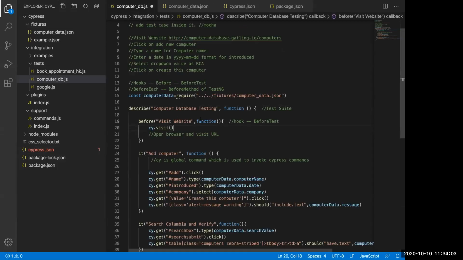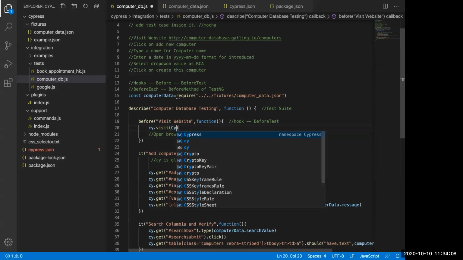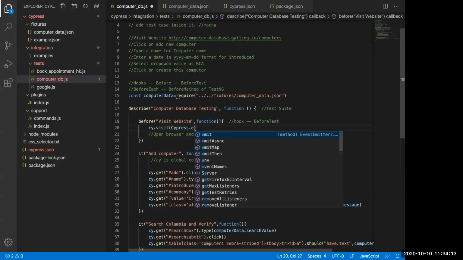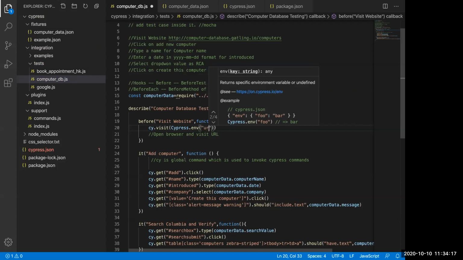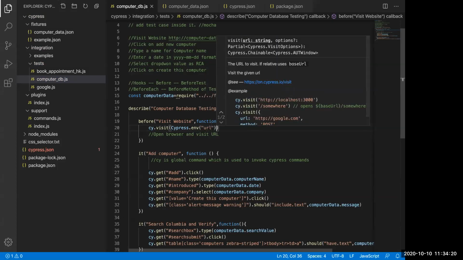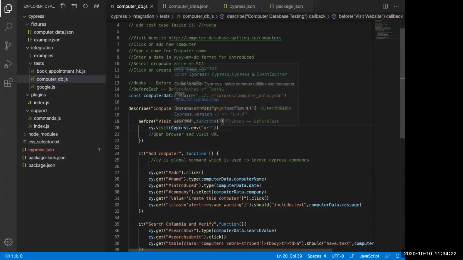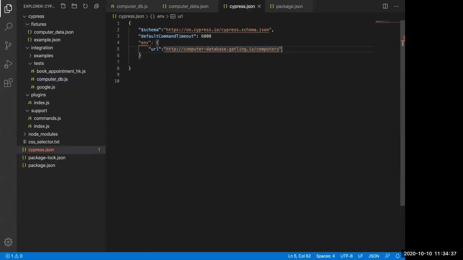Now you have to use this URL inside your cy.visit. So for that, you have to put cypress.env, and then you have to pass the URL. So cypress.env is actually, when we use cy, it's a Cypress global command, and when we use Cypress, it's a global command for reading the data from config file. And since the name inside cypress.json is env,